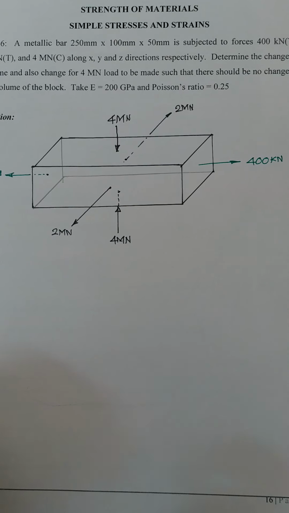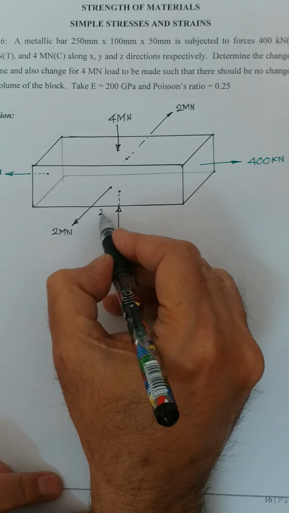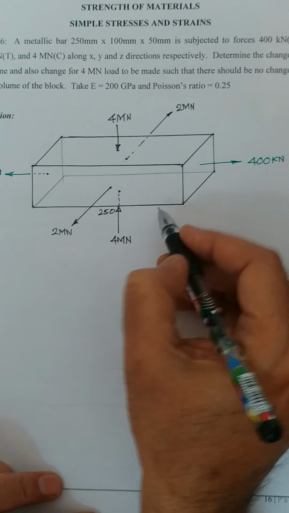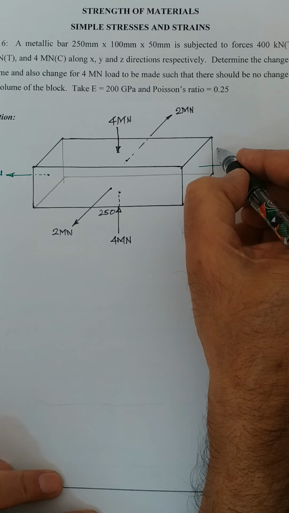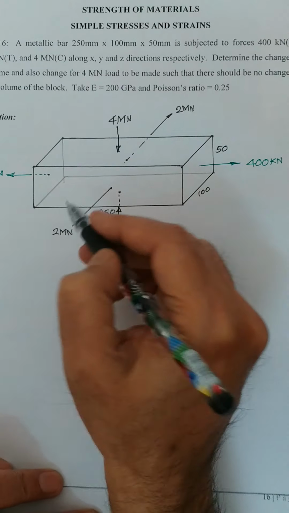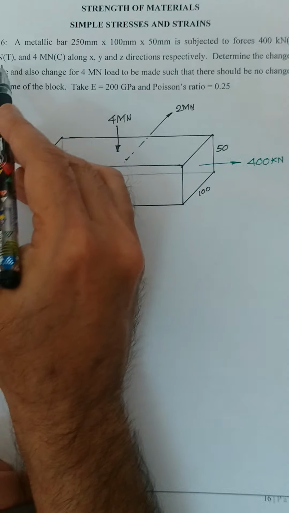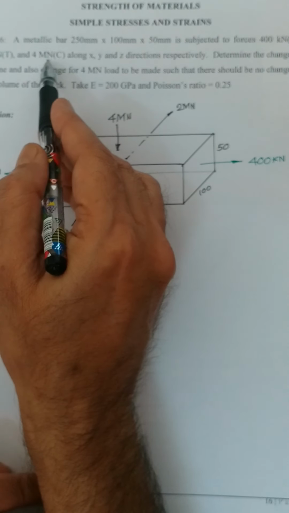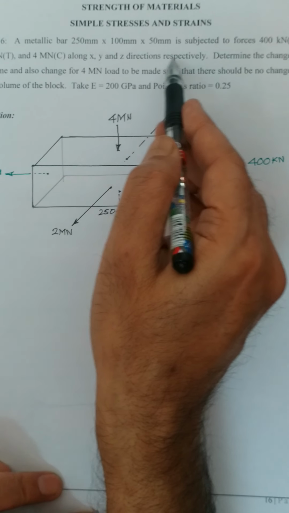Next problem is like this. There is a metallic bar of 250 millimeter. So this length is 250 millimeter, this is 100 millimeter, and this is 50 millimeter. It is subjected to forces 400 kilonewton tensile, 2 meganewton tensile, and 4 meganewton compressive along x, y, and z directions